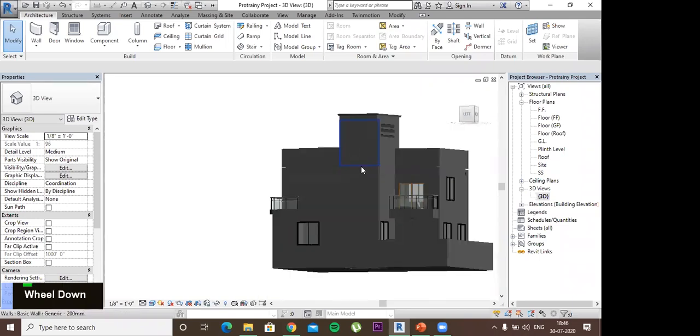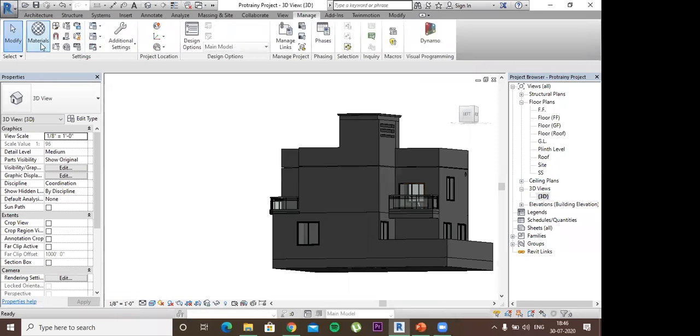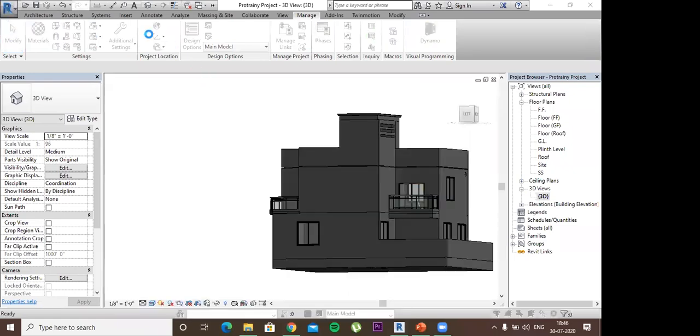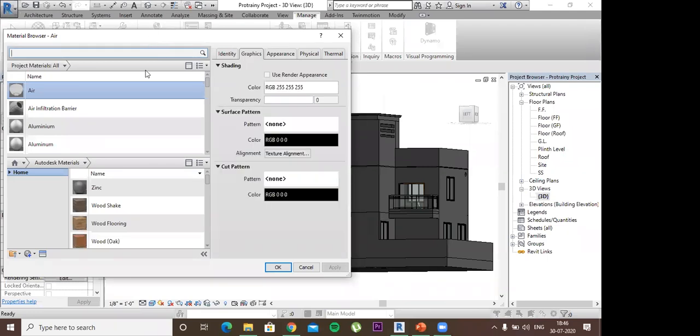Now we will see how to apply materials. So first of all, we will get a lot of materials in Revit library. So for that we'll go to the manage tab. We'll go to this materials panel, and then you will find a lot of materials which are already preloaded. So you will get this material browser.